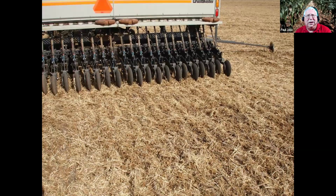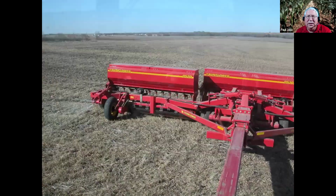But with the Crustbuster drill, a lot of people say there's too much soil disturbance. If you run the drill tail down, nose up, there's minimal soil disturbance. Again, here I'm planting wheat into freshly harvested soybean stubble. Working good there. Have to run the marker because we actually can't see where the rows were in some places. And you can see some extra weights across the walkboard and back. And again, the good news is on a lot of these bigger drills, there's a lot of frame weight being built in. You know, Sunflower drill out of Kansas, there's a lot of weight built in there. But you still may have to add more,